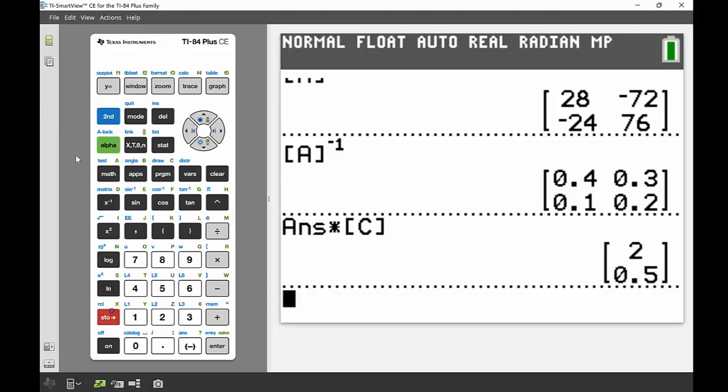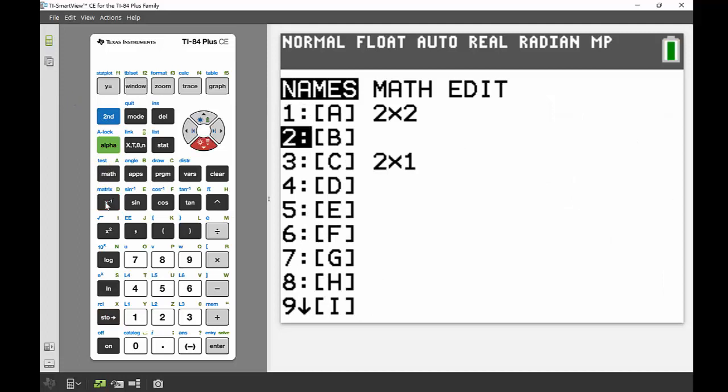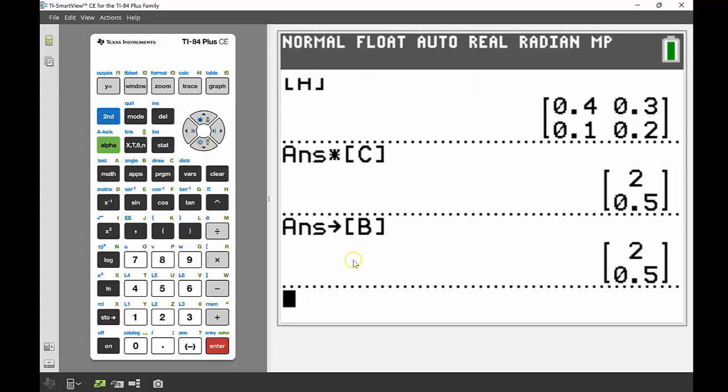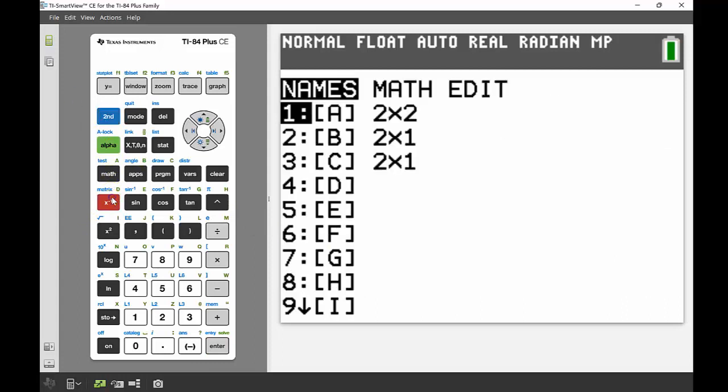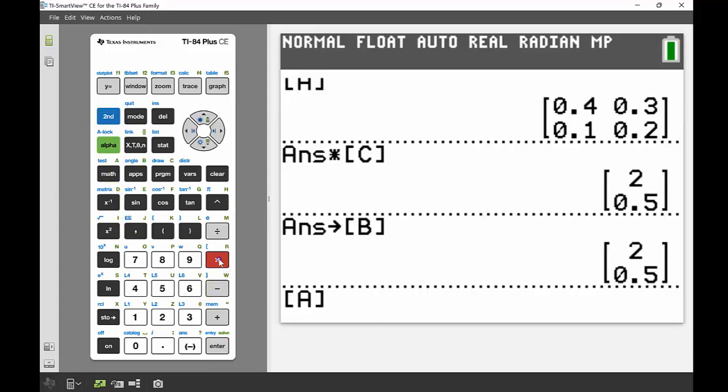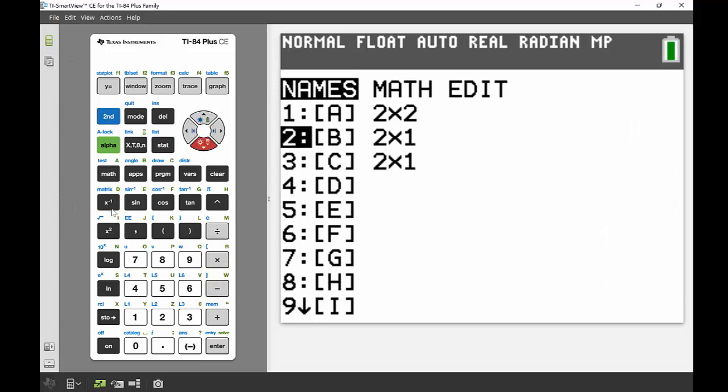What I'm going to do is store that, just so I can double check my answer. I'm going to store that under second matrix, under matrix B, and then I can just check to see whether I've done the right thing. And I'd highly recommend it. Matrix algebra is very dependent on the order of operations and the order of the matrices. So it's always, I think, a super handy thing if you're doing any calculations with matrices to go back and double check your answer. So if I store my answer there, I can then go through and multiply A with matrix B,